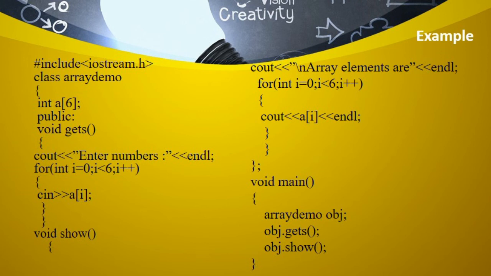In the first iteration the i value is 0. It checks the condition, 0 less than 6, the condition is true. So it enters the block and the value of a[0] is printed. Again the i value gets incremented till 5, and each value is printed. Once the i value is incremented to 6, 6 less than 6, the condition is false and automatically the control exits from the for loop. It returns to the main function and the execution of the program ends.